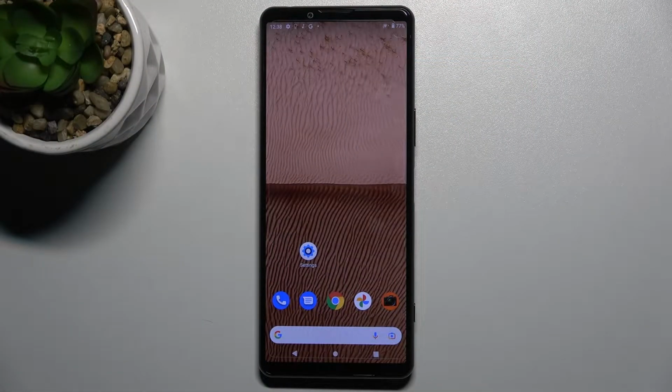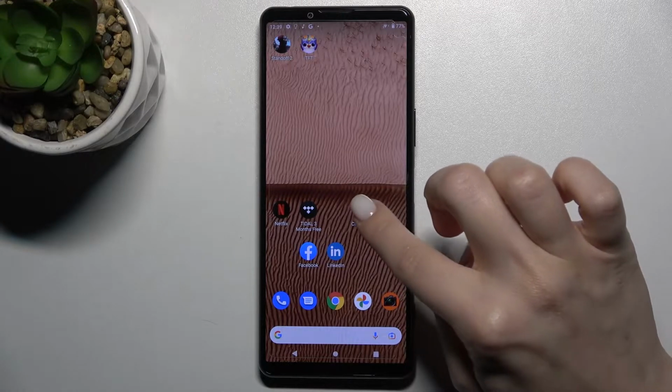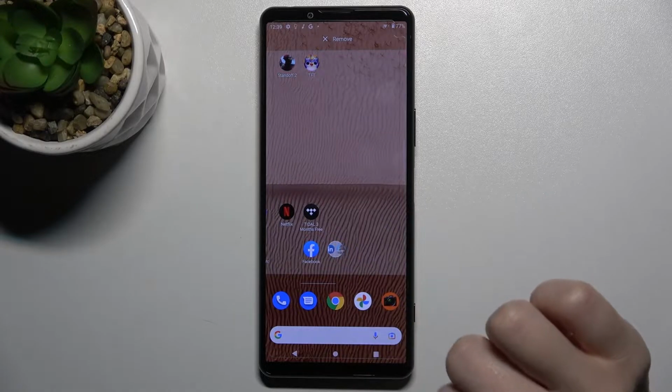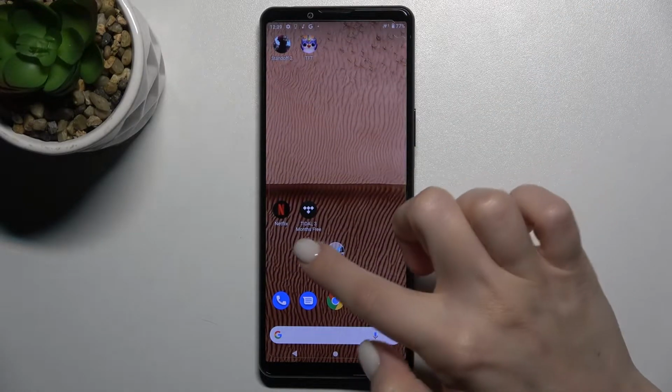Today in front of me is the Sony Xperia 5 Mark III, and I'll show you how to create home screen folders on this device. So first, just press for a while on the application and drag it to another application. And as you can see right now, we got here a new folder, and